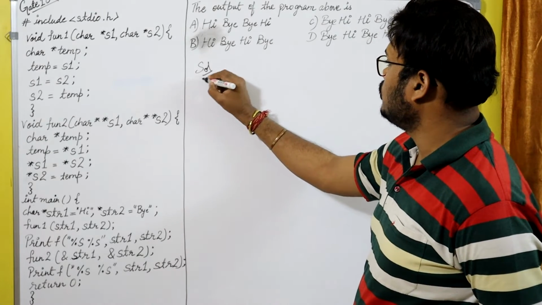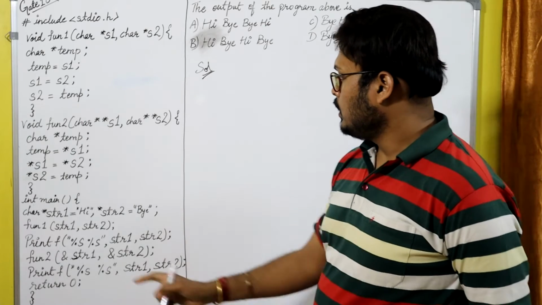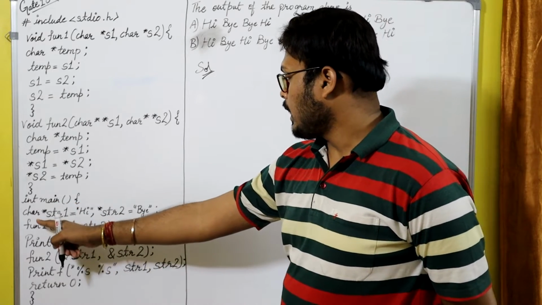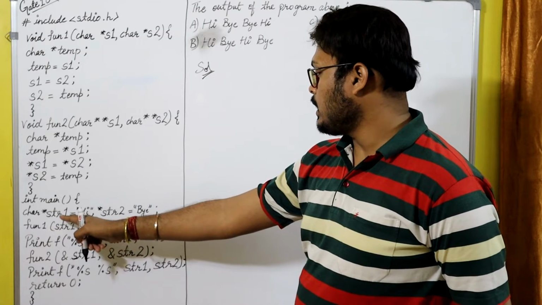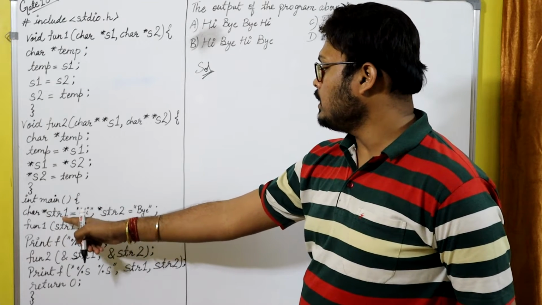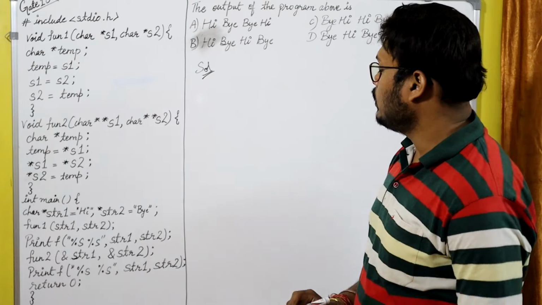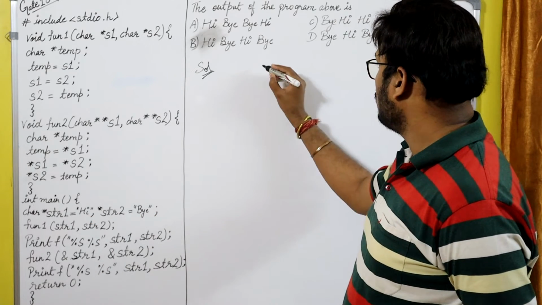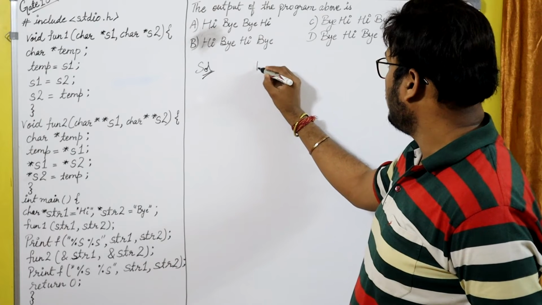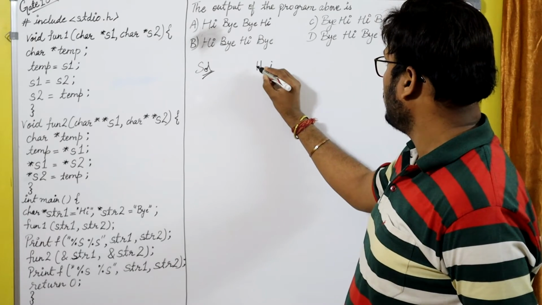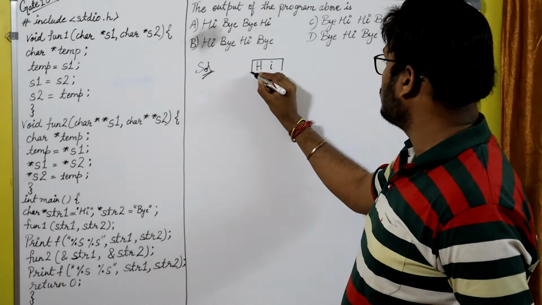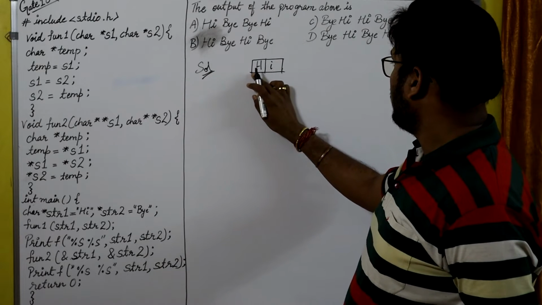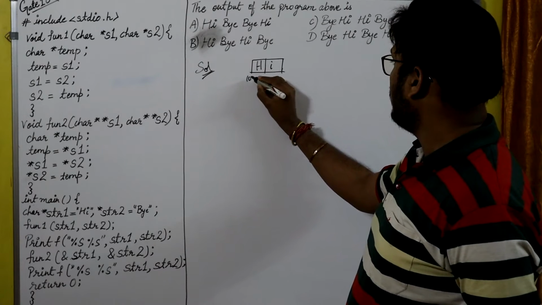Now let's come to the solution. Let's start from the main function. You see, char star str1. So str1 is a pointer to the character. Here a string is there, hi. So let me write here hi. Hi is a string, I'm writing in the array format, and let's give the address 100,